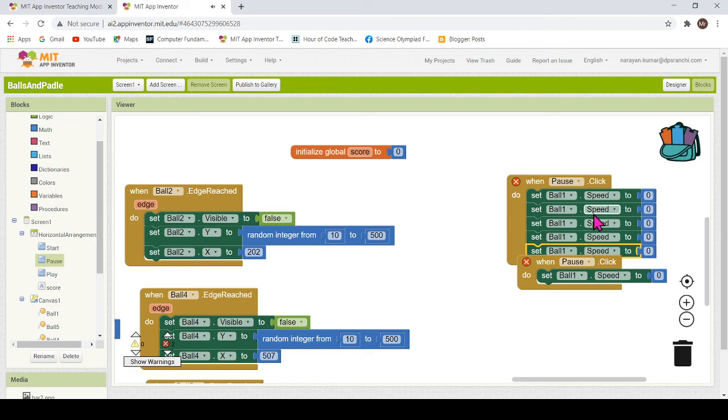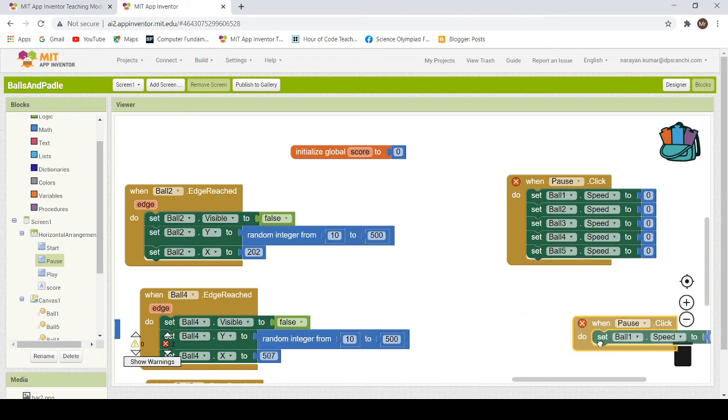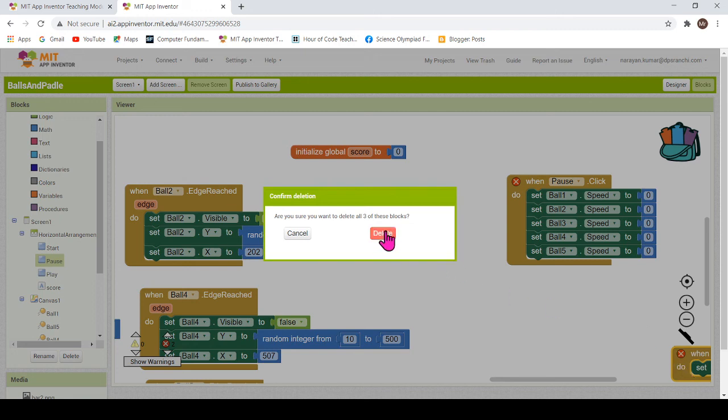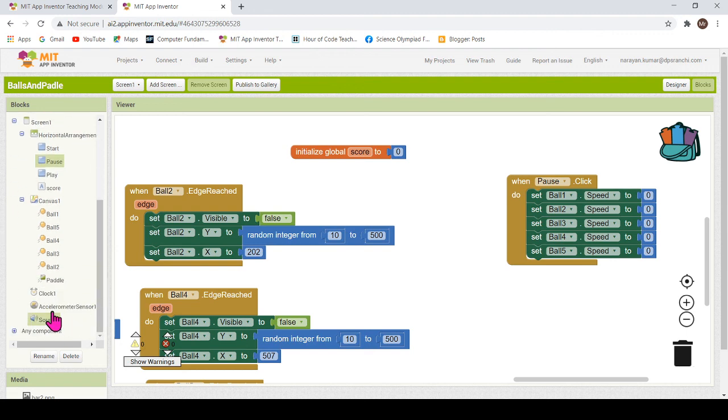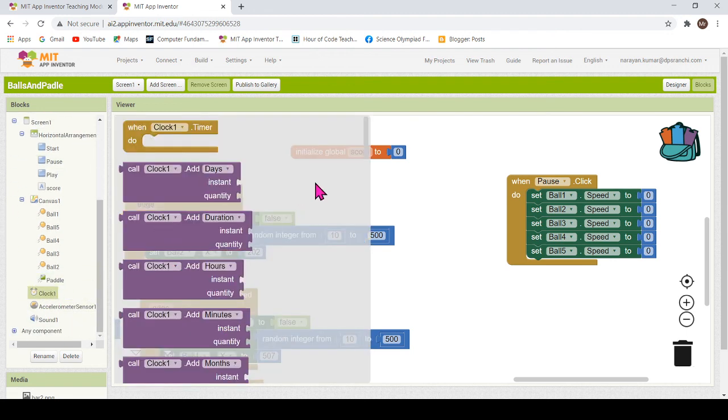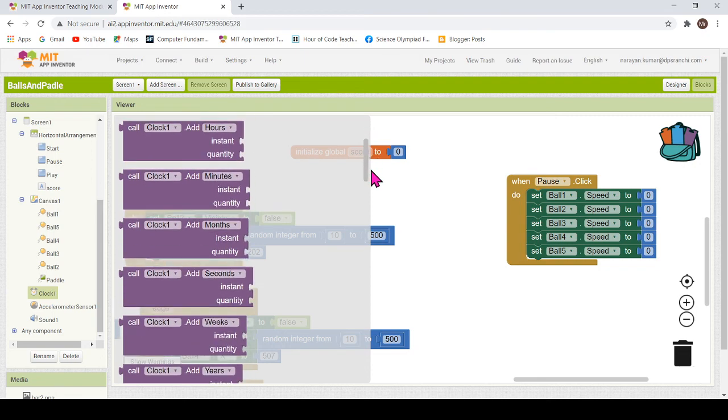Now the speed of all the balls will be 0, so no balls will move because I have clicked the pause button. So whenever you click the pause button, the ball's speed will become 0, as well as your clock will become disabled. That's very important, the clock event will be disabled. So I will go to clock one and disable this clock.